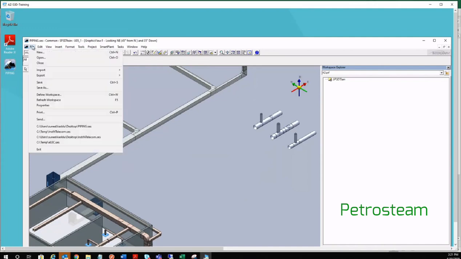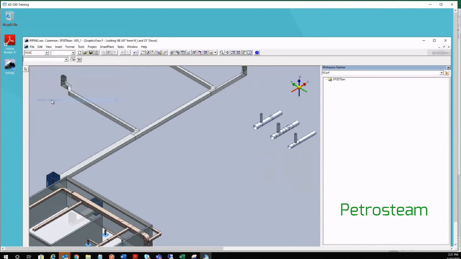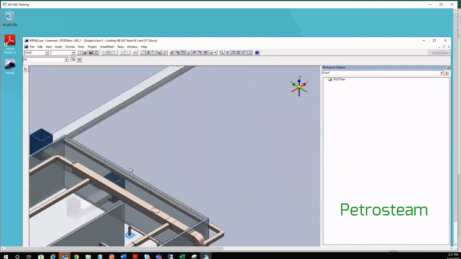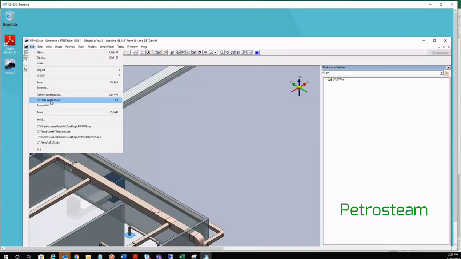You can go to File, Refresh Workspace, and the model will appear up to date with you, with the piping connected to this equipment. So refresh workspace you will use to get the updates from all other users.